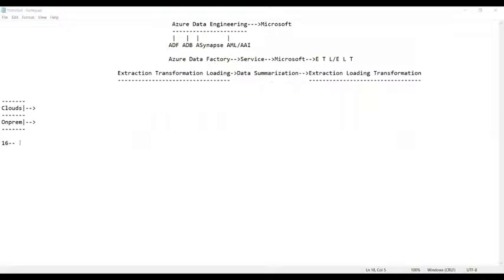Suppose 16 GB is provided with a mobile phone. Now it means that we can store the data up to 16 GB in your mobile phone. Am I right, everyone?